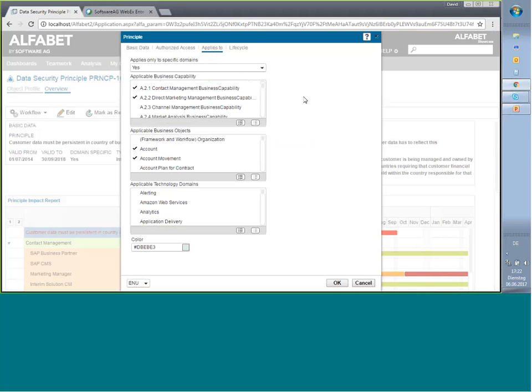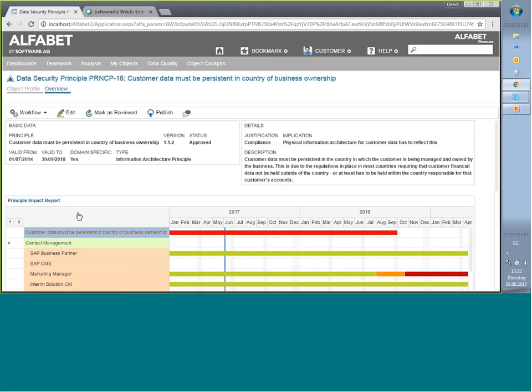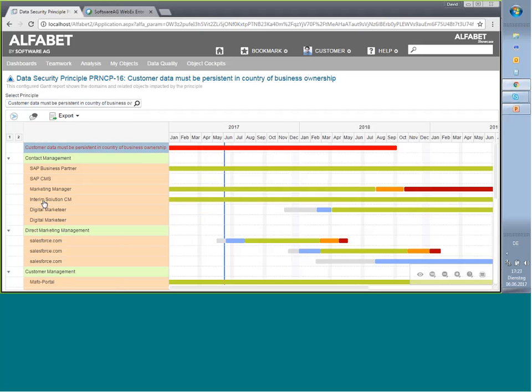And we also get the ability here to say which data elements it applies to. And here we have things like account movement. We could also say which technologies, but this is not that sort of principle, so we haven't chosen any. And the advantage of doing this is that then we have this principle impact report. And this tells us, based on the business capability which is impacted, which applications support that business capability,